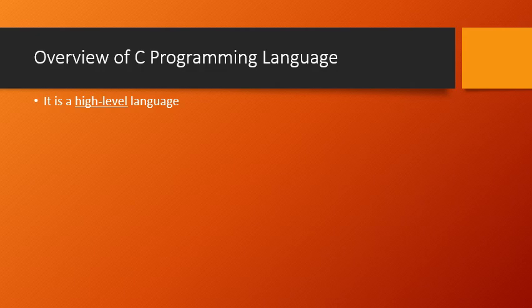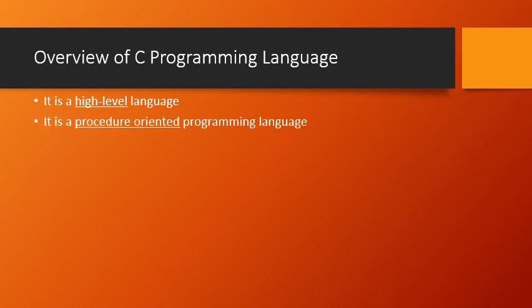The computer will not be able to straight away understand the instructions a programmer has written in this particular programming language. But on the other hand, if we make use of the C programming language, it will be easy to remember the code, and easy to understand the instructions or code that we write from the programmer's point of view. So we call it a high level language.